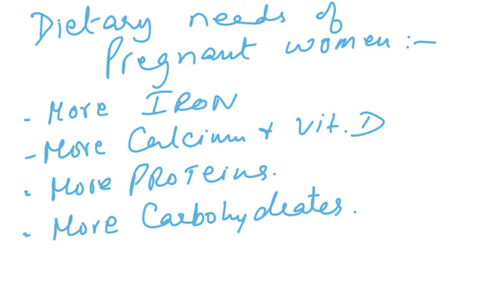Why? Because we need calcium for the bones of the fetus developing, the teeth of the fetus developing. And why vitamin D? Because we need it for the absorption of calcium. Then a little more protein we talk about, because you see the structures of the placenta have to develop, the structure of the uterus has to develop, the body parts of the fetus have to develop. So we say a little more proteins, because proteins would be needed for those structural proteins, enzymes, hormones, extra hormones